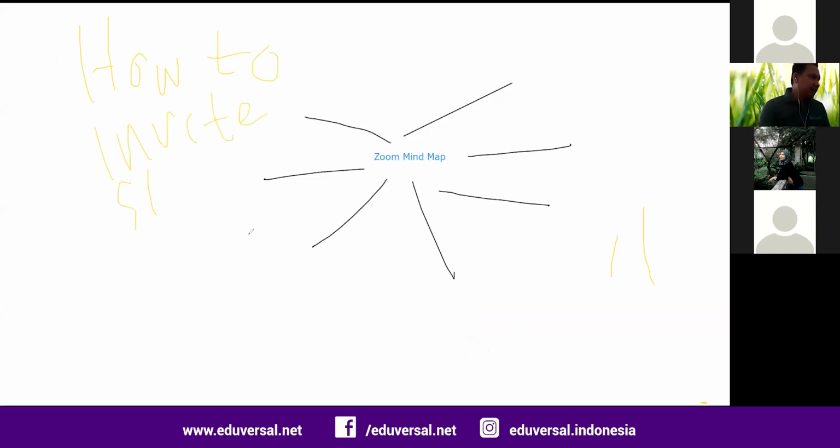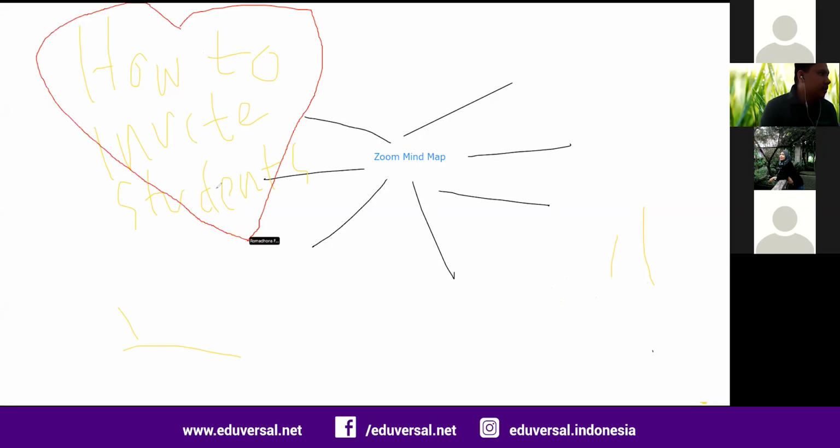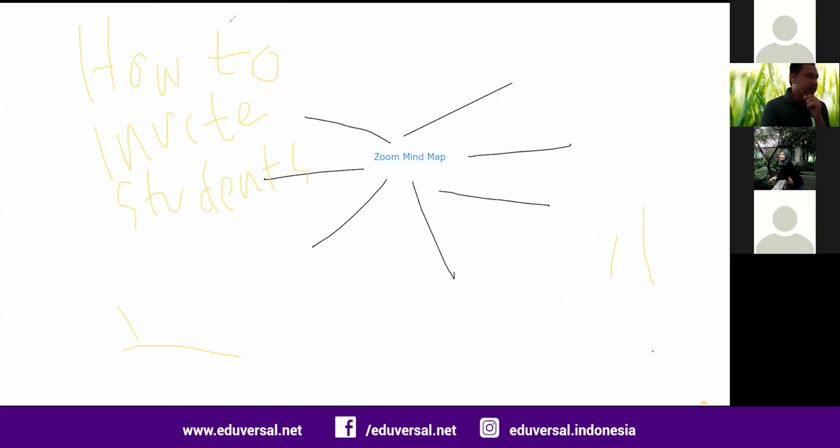How to invite students? Yeah, as you already know, to invite them here. Normally, if you look at your controls for the Zoom menu, in more options, you can see disable participant annotation, and you can show, for example, try to write down something in this board. There is this question: is the whiteboard available in the free version? Yes, the whiteboard is also available in the free version, and you can add pages, as many pages as you want.